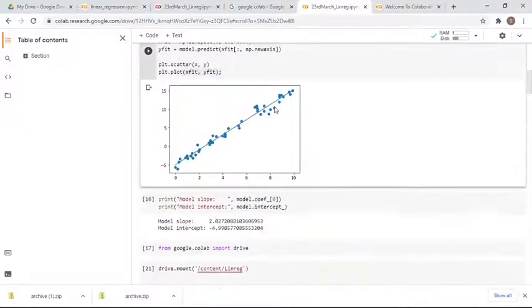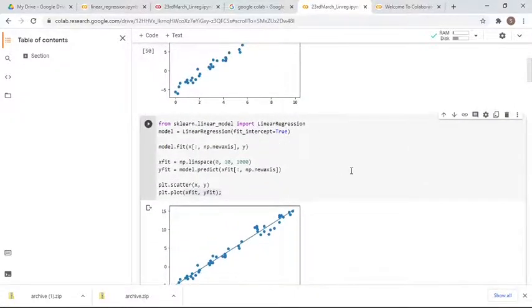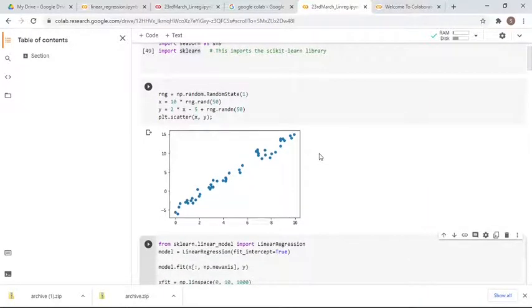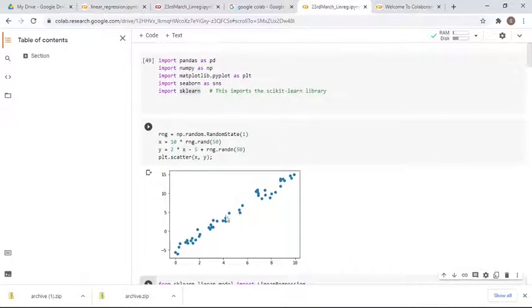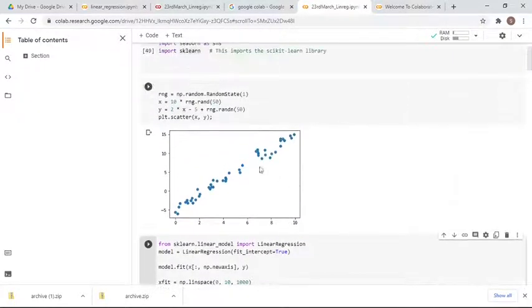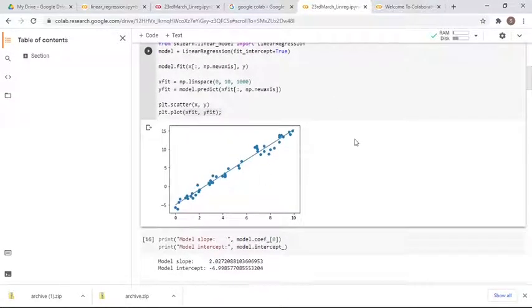Okay, so this is a good way of seeing how a linear regression model can be applied using the scikit-learn library. So this is using random data, plotting those data on the x-axis and y-axis, and then finally fitting one straight line over there, which is nothing but this straight line. Okay, and then it gives the results.